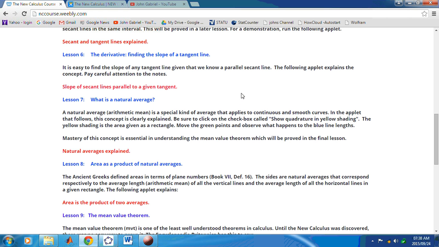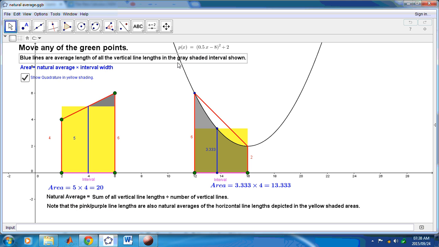Finally, I'd like to look at the last applet, which shows us how this works with a nonlinear curve. So you'll see over here that this blue line is the average line length of all the vertical line lengths in this trapezium, and likewise on the side here, this blue line is the average line length. The interval is the average of the horizontal line lengths, and if we multiply the two together, we have the